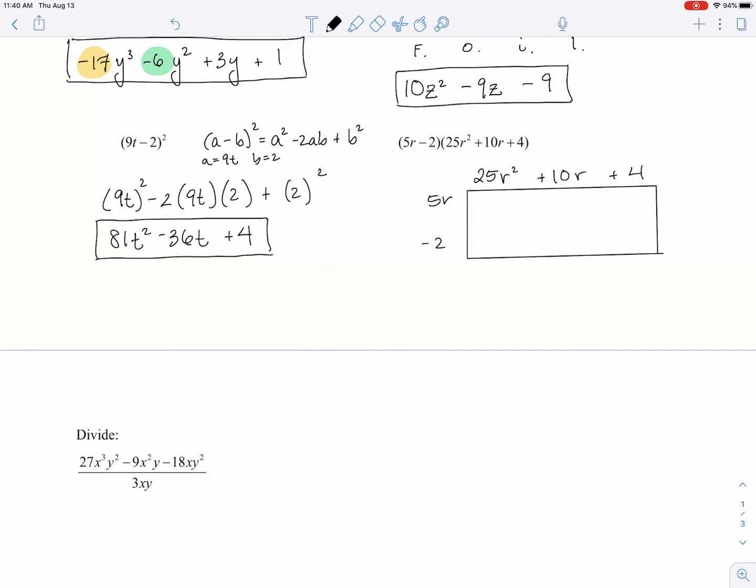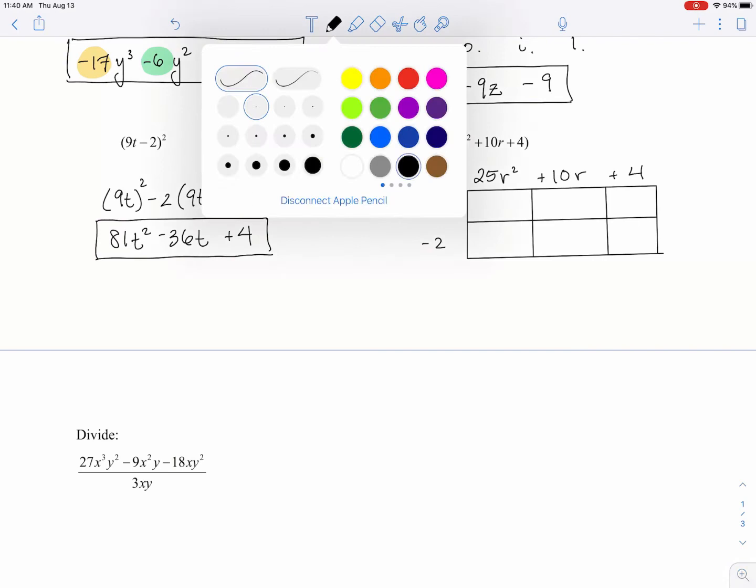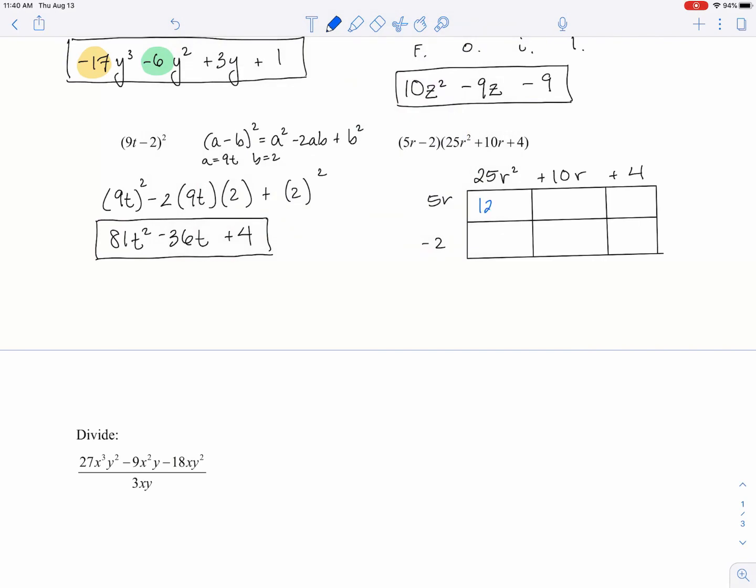Okay. Let's see, so we got 2 rows, 3 columns. And we're going to fill this out as per our discussion in the lecture. And this is going to be 125r cubed,